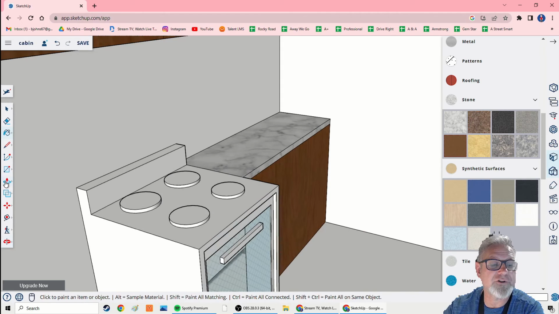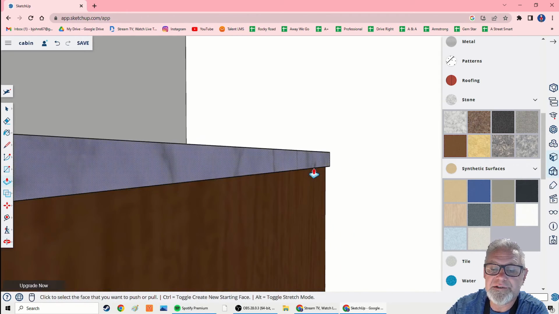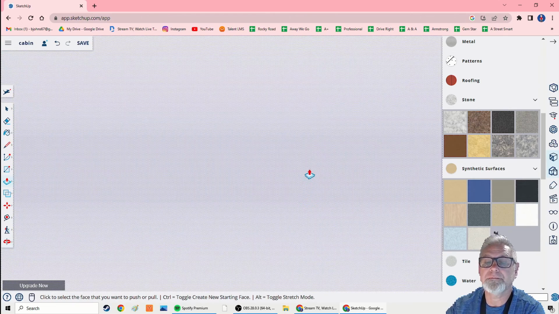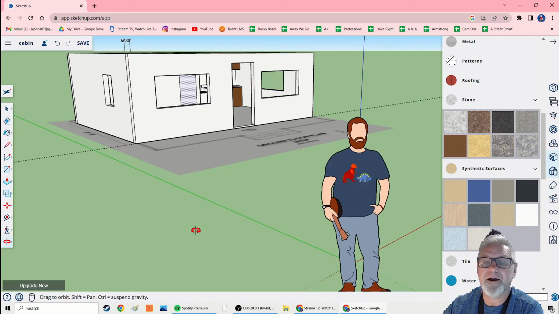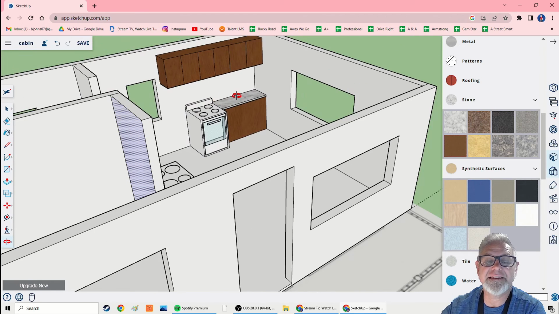And if the marble hangs over a little bit, well, a lot of times, oh, push pull. Sometimes you have to click twice. Sometimes the marble hangs over the edge just a little bit of the countertops like that. So that gives it kind of a cool look. Uh-oh, I zoomed out too much. All right, find my stuff. Did it again. All right, but that's a quick glimpse at how easy it is to do that kind